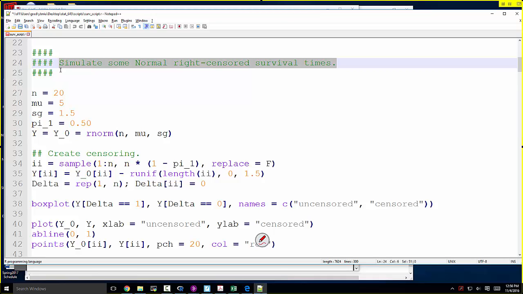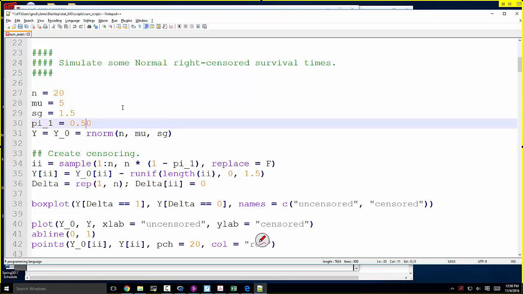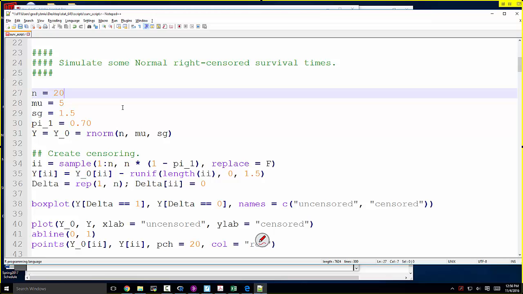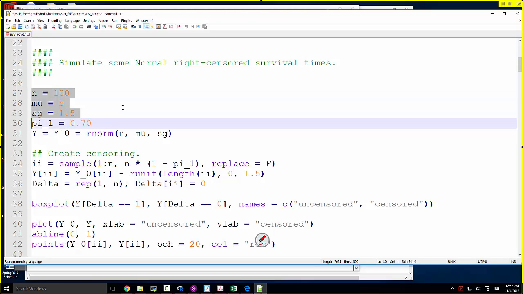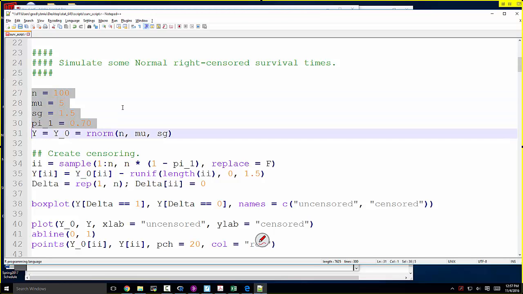Let's say that survival time is normally distributed with mean 5, standard deviation 1.5, and let's say that 30% of the individuals are going to be censored. Let's make it a bigger sample size. How about 100? So n is 100, mu is 5, sigma is 1.5, the proportion uncensored is 0.7, and here